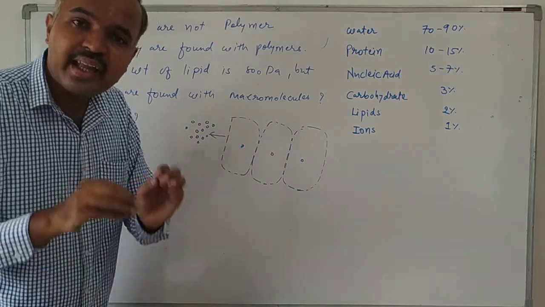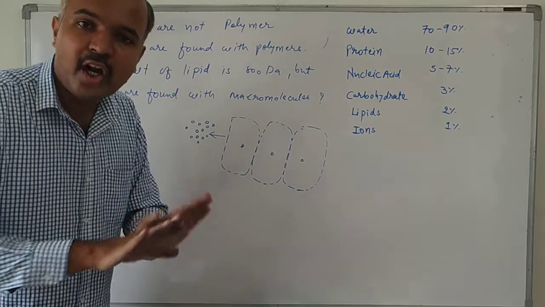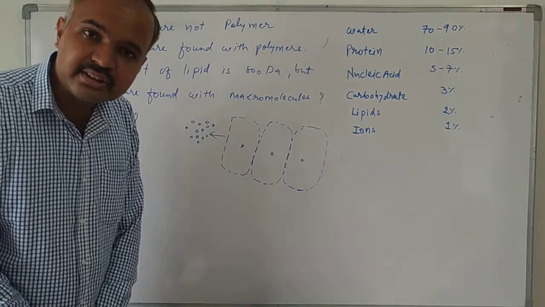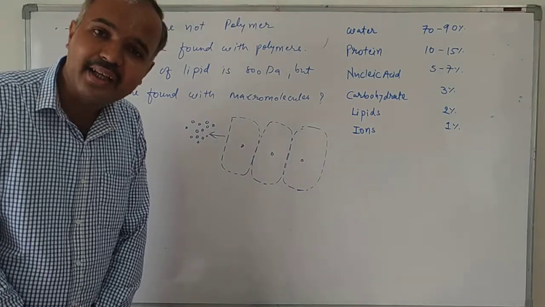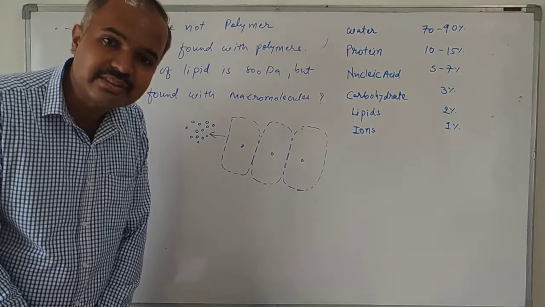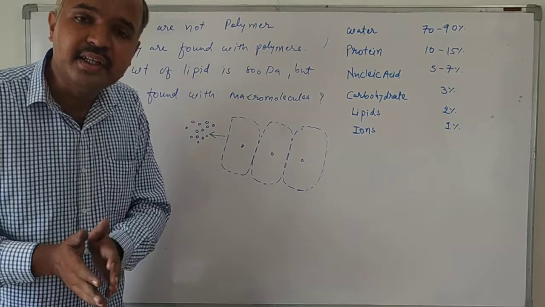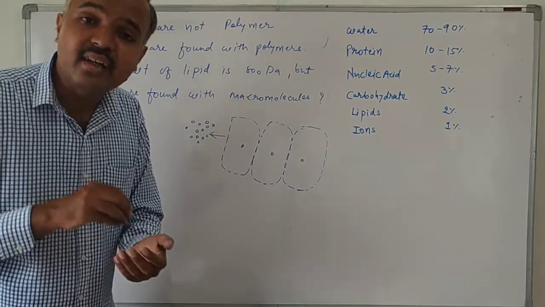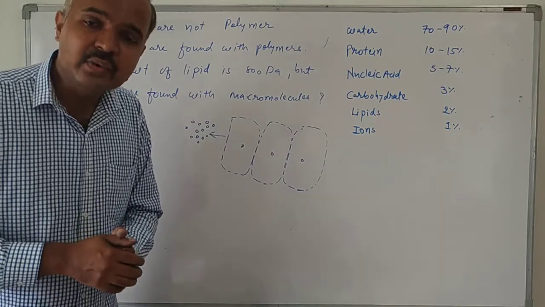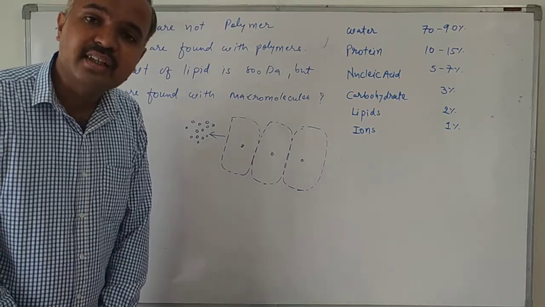And these globules get attached on the surface of the protein, carbohydrate and nucleic acid, and then they are not filtered during the filtration. Thus they are not found in the acid soluble fraction, and they are found in the acid insoluble fraction, even though their molecular weight is less. Okay, are you getting this? Actually, they should have been filtered, but they could not be filtered. Why? Because they got attached on the surface of protein, carbohydrate, and nucleic acid during the process.